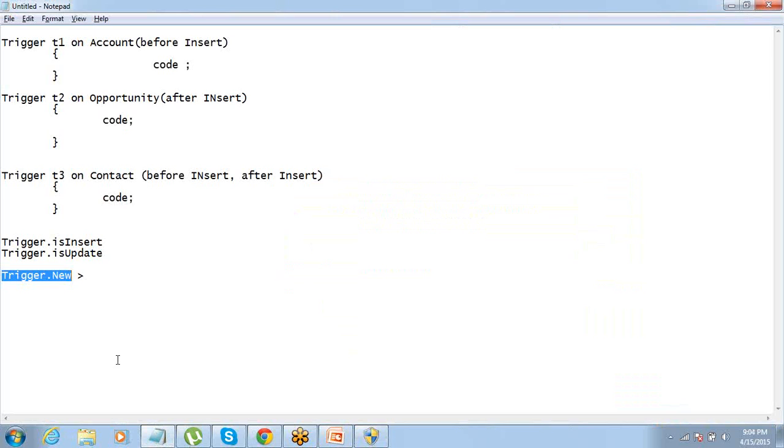Okay. On the similar lines, we have Trigger.old. This also returns the list of the records which are being updated or deleted. Trigger.old works with update or delete operation. All right.